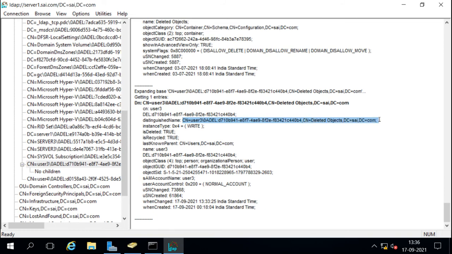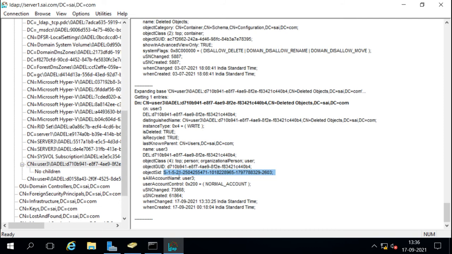Now if I want to recover this object, I can recover. The UID will be recovered, the GID will be recovered, and it can get the access of the resources which it was getting previously. So the UID is used to get the resources access. So if we have added this user into some group or some permissions or some folder access permission, then it will still get those, but the attributes of this user will not come back, because it removes all the attributes. We have to make the attributes again, but we can still recover the user.